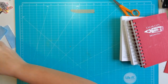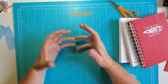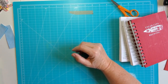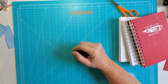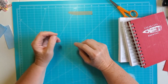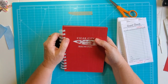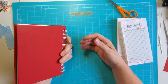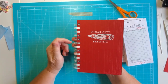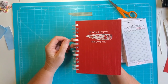I had at one time put some in my Etsy shop. I had made little golden book journal kits. I picked out a book, some fabric to go on the spine, some trims, some papers and stuff, and I had those in my Etsy shop, and I think I sold one. That was it. Etsy's a tough place to break into. It really is. You gotta really get your name out there to sell anything. It's just, to me, it's not worth the work that you put into it. Anyway,